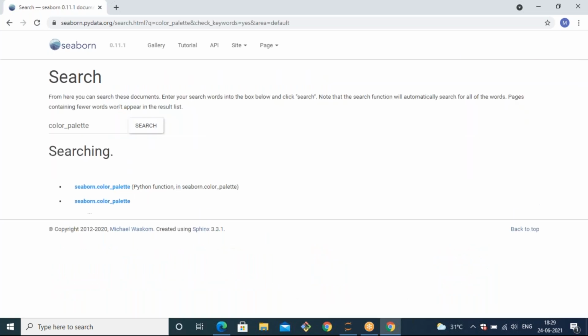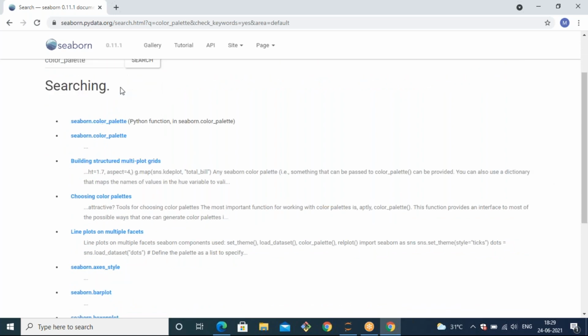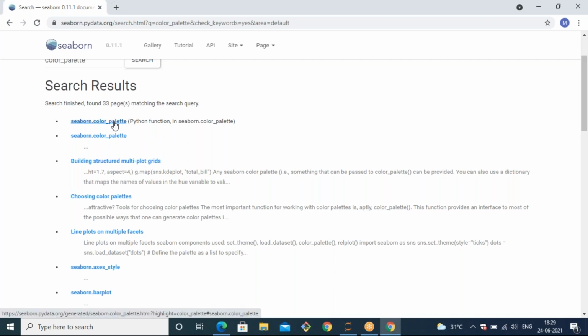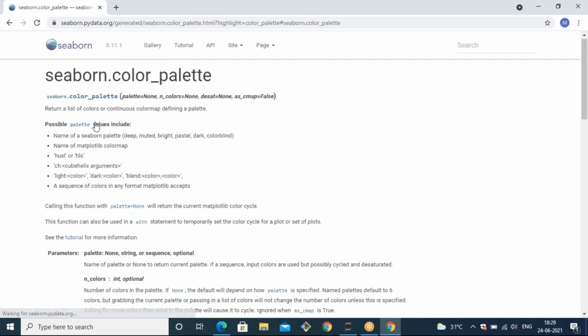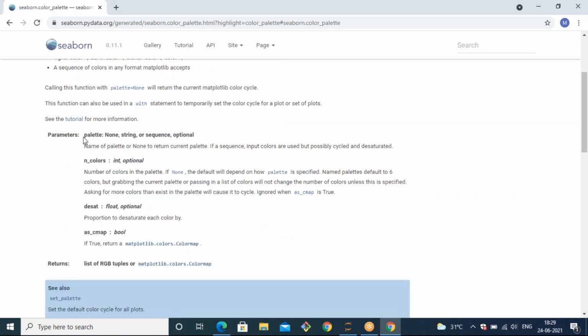Type color_palette, and it will give you the related results. So here you can get cbond.color_palette and color_palette. Wherever color_palette appears, that result will be shown to you. You just click on the one that you want, and it will tell you the entire documentation and the parameters it supports.